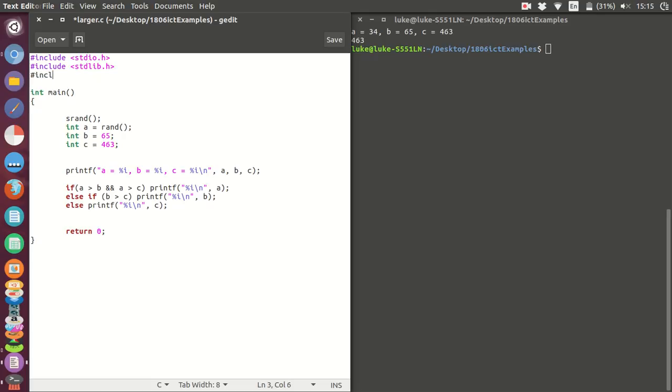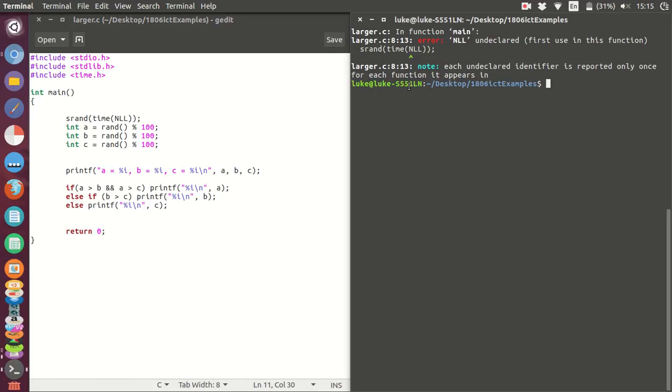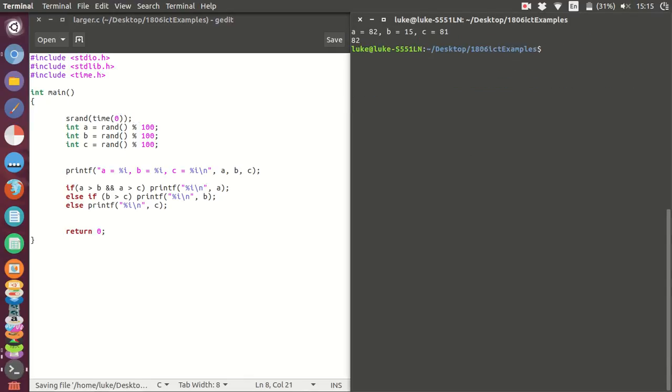I'll randomly seed srand with the current time, and then get random numbers between 0 and 99. So yeah, these random numbers between 0 and 99, there's 82, 15, and C,